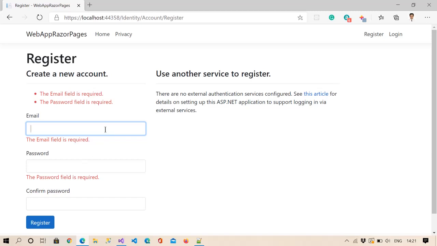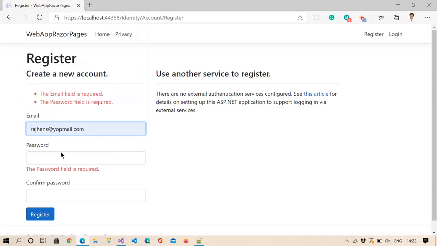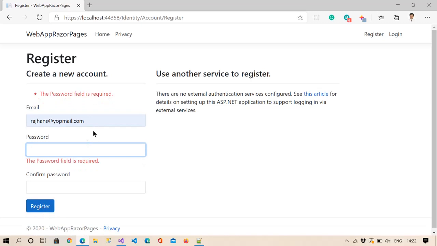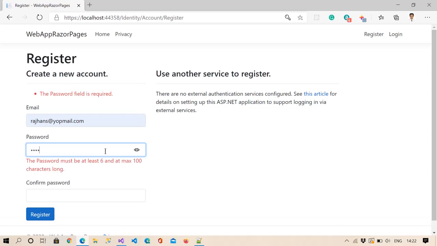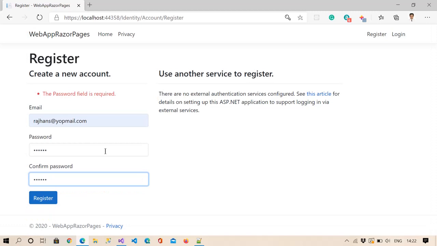Once we add my name here, and click again, you can see one validation is now not appearing. Let me also enter the password. You can see the password should be at least 6 characters. If I put 123456, then it will not take. Let me confirm also. Now you can see the password field is required.